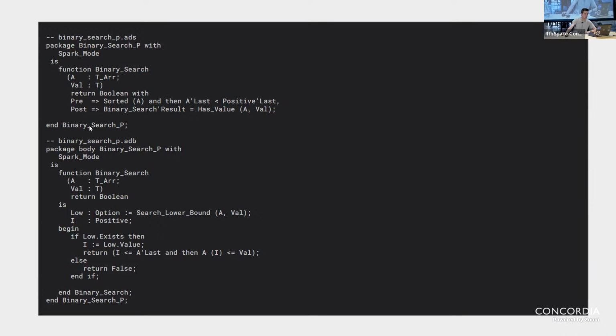And then for my postcondition, I just want to make sure that the data I've recovered from that binary search function is actually part of my array. So here I'll check that the result from that function has the value VAL, and that it is part of the A array.